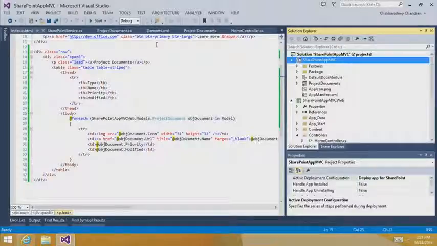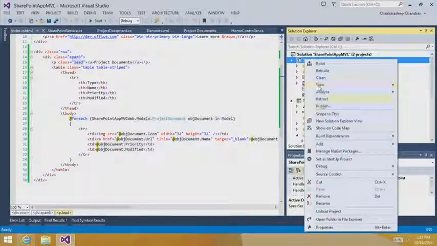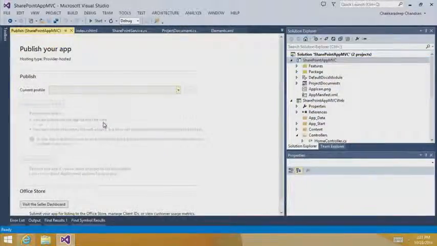Now that you have a working app, you may now want to publish your app to your App Store or to your corporate app catalog. To publish your app, right-click your app for SharePoint project and select Publish. The new Publish Manager in Visual Studio 2013 helps you get all the required packages ready for publishing. It highlights three key things: deploying your remote web project, packaging the app, and finally submitting your app to the